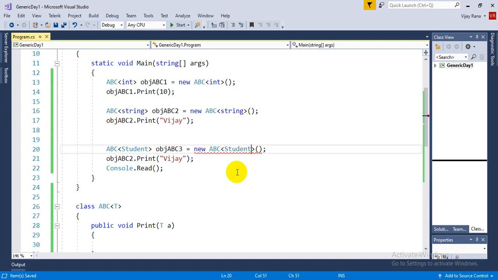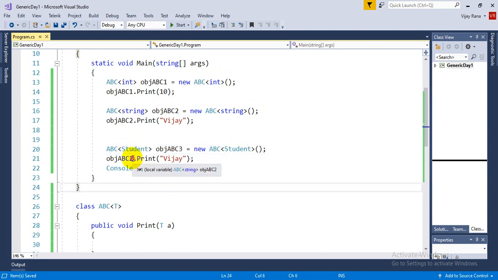So when I call the print method for this object, I need to pass an object of the student class, because for string you need to pass a string, for integer you pass an integer value.